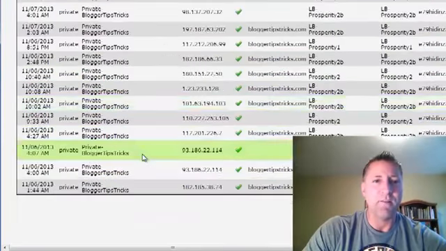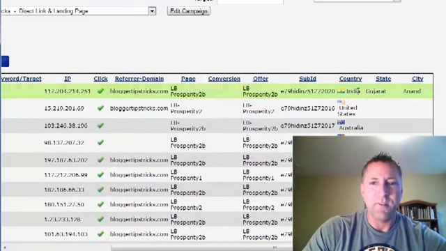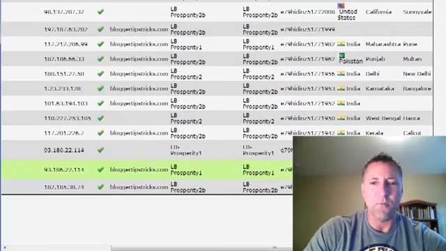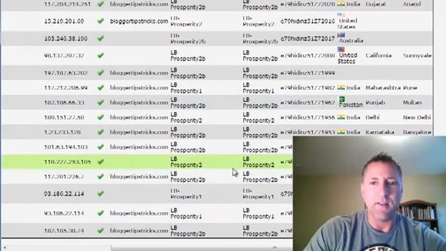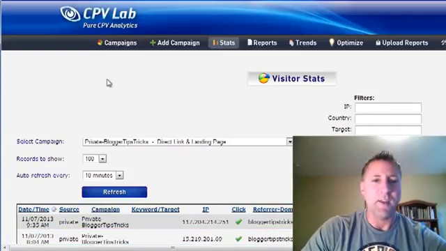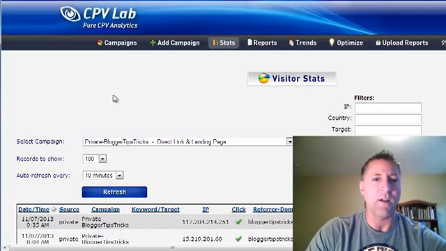So here's all the traffic I've gotten from his site, and here's where it's coming from. I have India, 2 United States, 1 Australia, and then I've got India, Pakistan, India, India, India, India, a couple more UK, which actually is the same person twice. And I think there's another one up there that's the same person twice. But essentially, these don't jive with what he was trying to sell me. So just as I suspected, this is probably not going to be a placement that I'm going to want to continue. And again, I negotiated with him and didn't have to pay for anything. So he's sending me free sample traffic at this point.